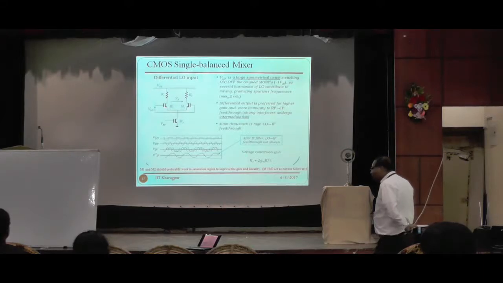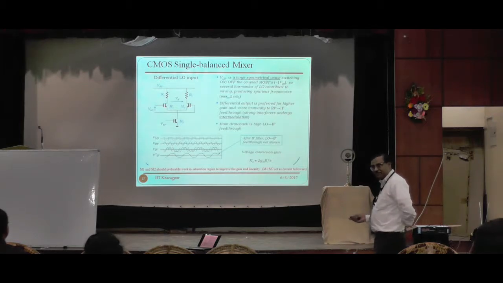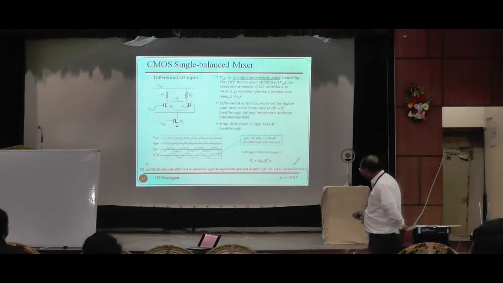When this transistor is on, the signal over here will drop because it will flow through these transistors. When this is off, then the signal level here will go up. So think of here, you just trace it yourself. You will find that VIF, when the yellow signal is going up in this direction, then you see that